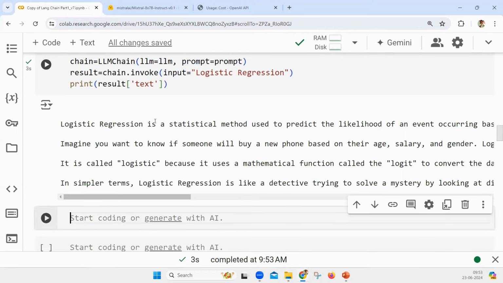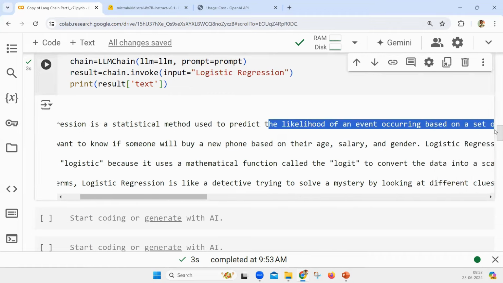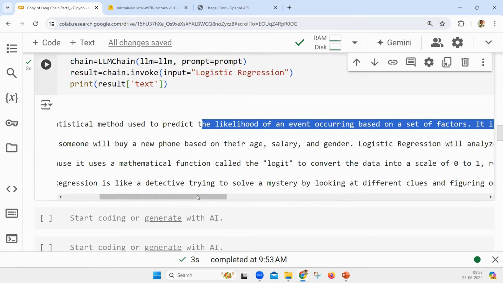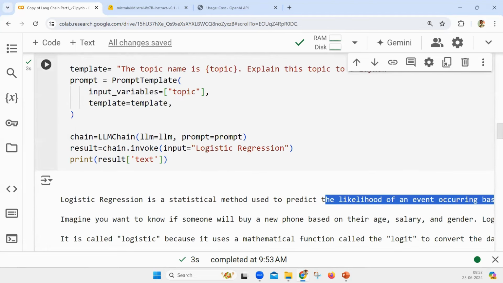Logistic regression, even if we're making spelling mistakes, it is perfectly fine. With the large language model, if sometimes in the prompt you're not giving the right spelling, that is still fine. It will be able to understand what we are doing. Okay. So logistic regression is a statistical method used to predict the outcome of an event, etc. This one. And then you see this output, this is fine or not. And then let's say